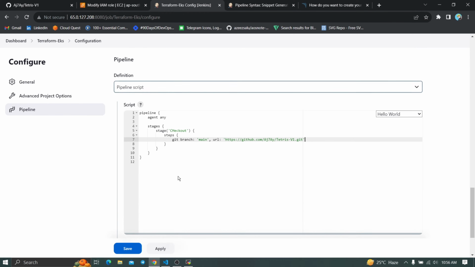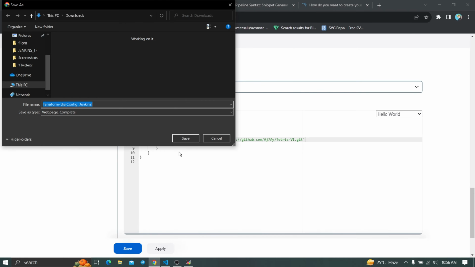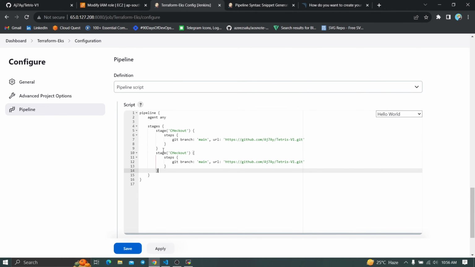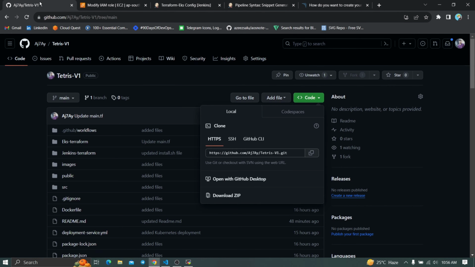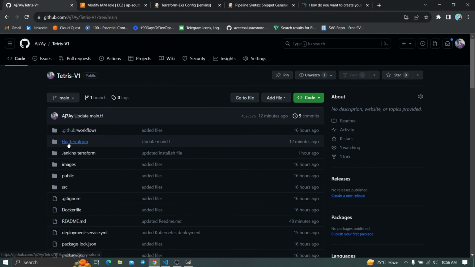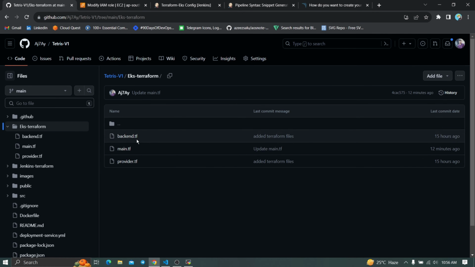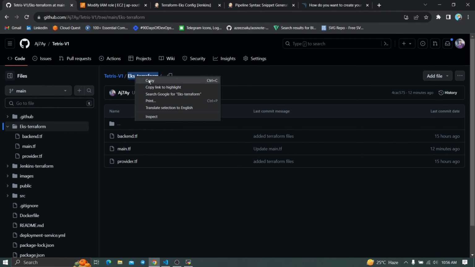Okay, so that is done. For the next stage, we have to change this one. So first we will initialize, right, Terraform init. So let's do that by providing Terraform init. And you can see here, let's remove this one, delete. Inside my GitHub repository, my files are stored inside EKS Terraform, right? So I have to change the directory. So that's why you have to copy this particular name EKS Terraform, right click, copy it,